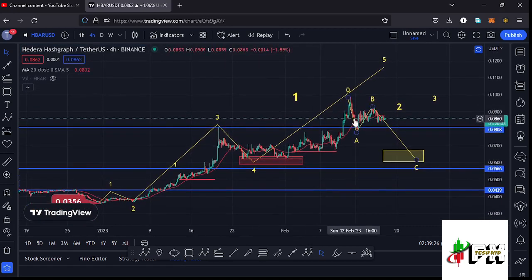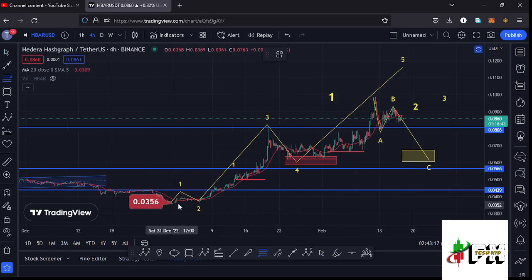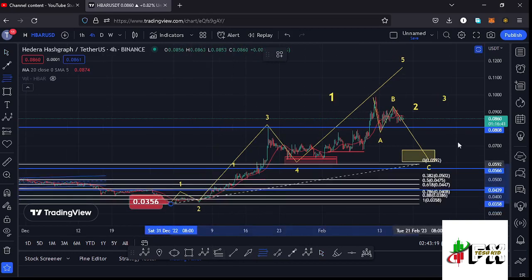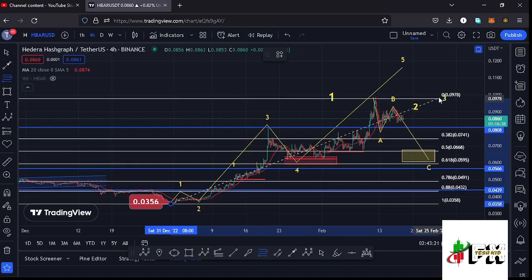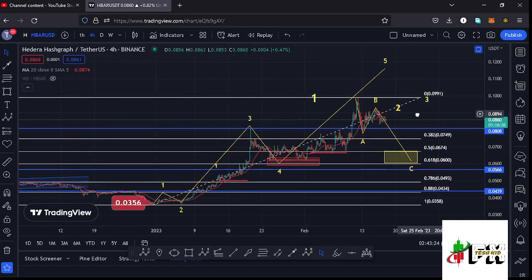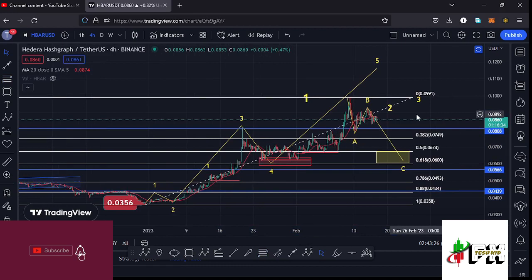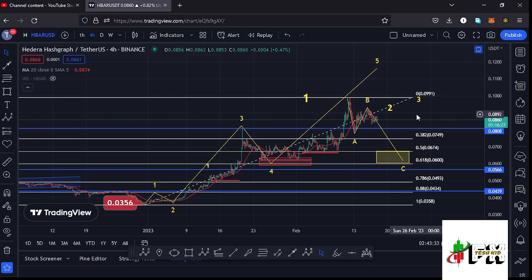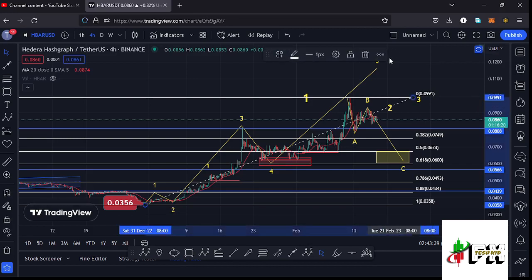in the formation of a larger Elliott wave count 2, and sketching out a minimum target area to the lower side in the formation of this wave 2 using the Fibonacci's, connecting them from the low of the first wave down there to the high of that wave 1. That gives me a minimum target area to the lower side in the formation of that wave 2 between the fib level 0.5 and the fib level 0.618, and that lies between the $0.0674 mark and the $0.06 mark, and it is within that yellow target area that I'm expecting to see the low for that second wave.